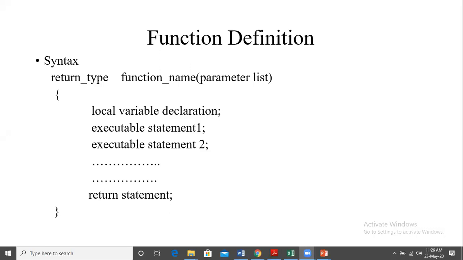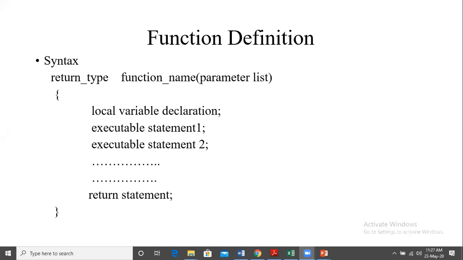Here again, you can see the first thing is local variable declaration. What is a local variable? A local variable means it can be used only within this function. It cannot be used outside. If we are defining one function as add with a and b, those a and b are local variables. They can be used only in this function. Now if we define, say, int result or int c, any variable we define here, we cannot use it outside the function, say in some other function.